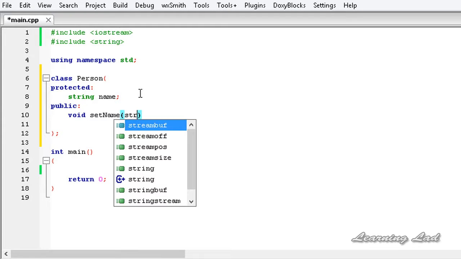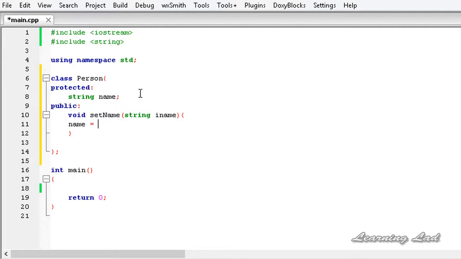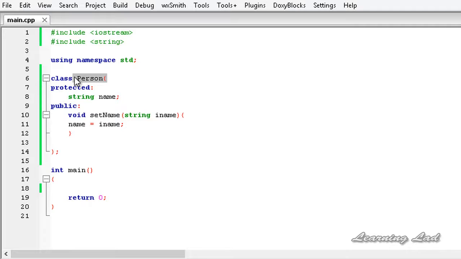So it's going to take a string, let's call it iname, and here you're going to make name equal to iname. This member name is a protected member, and that's why it is available in the class where it is declared, and also in any subclasses which inherit this Person class. And we can't access this member outside this class or any other subclass.